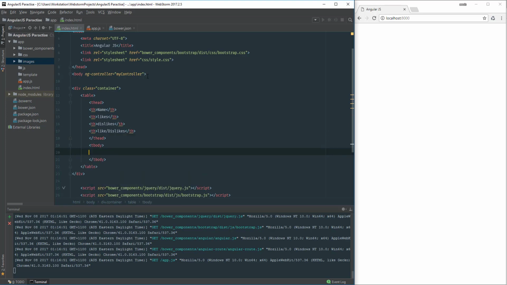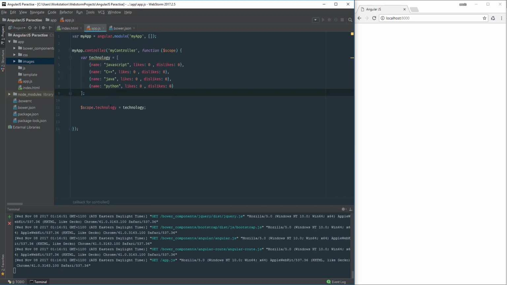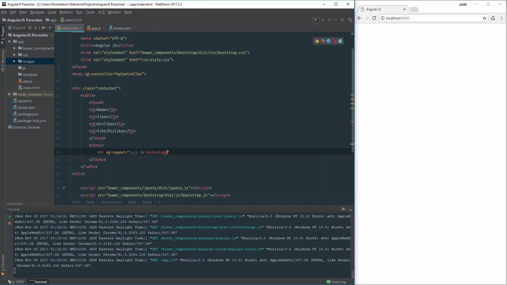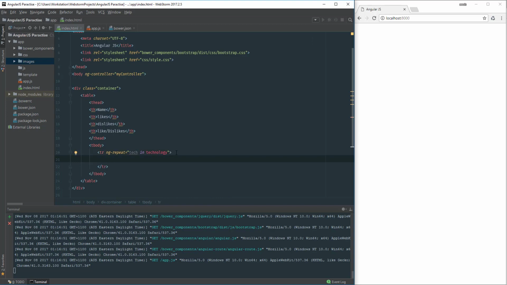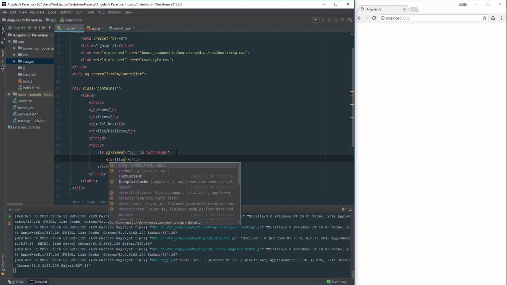So t body, and then here we'll use tr, and here we're gonna use ng-repeat, and we'll just say tech in technologies, right? And technology is coming from here. So here we have a technology on a scope object. I'm just gonna copy and paste the name so we don't misspell that. And then here we're gonna go and create some TDs. So let's just do it and add a binding expression. And first we need a tech dot name,